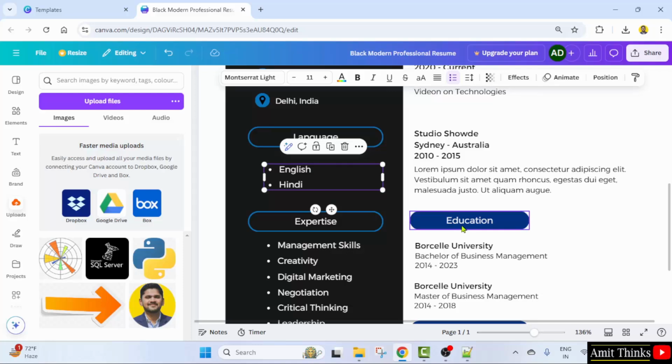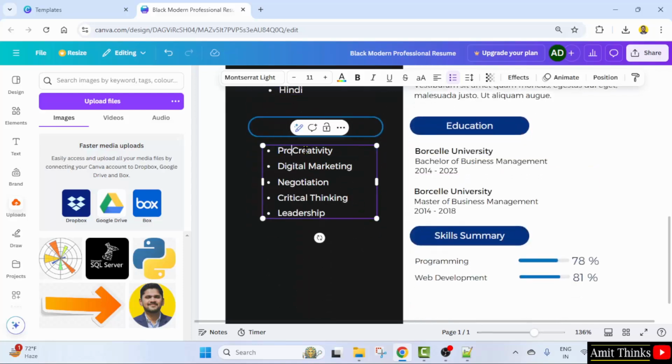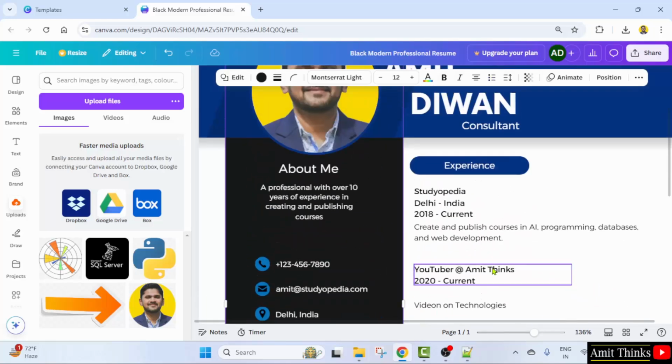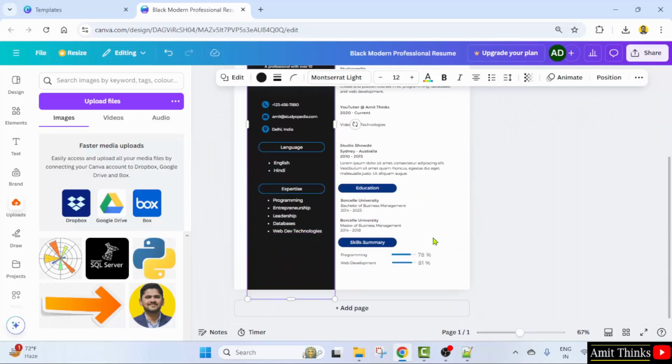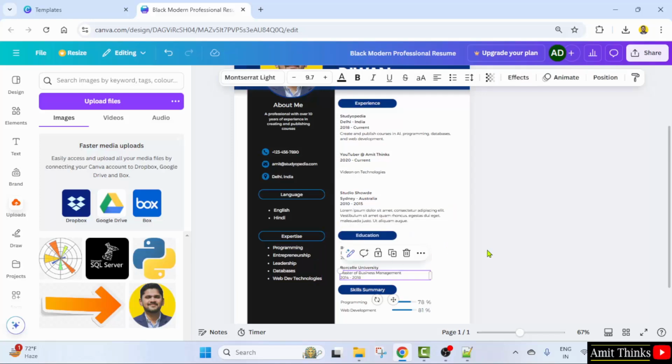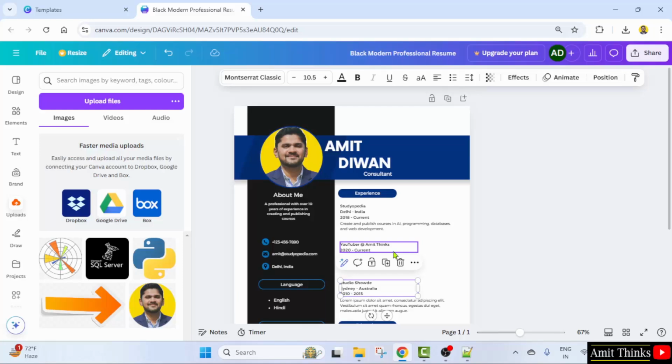This looks fine. I'll center it. Expertise, I can add programming. This looks fine. So we are ready with our resume. You can add more things here, but I am just showing a format. You can also change it later on. I've added the basic things here,